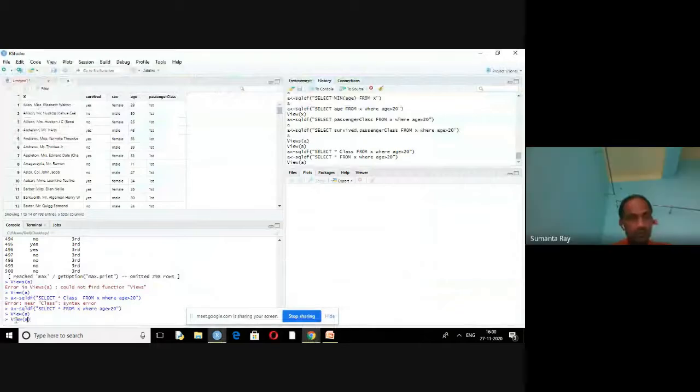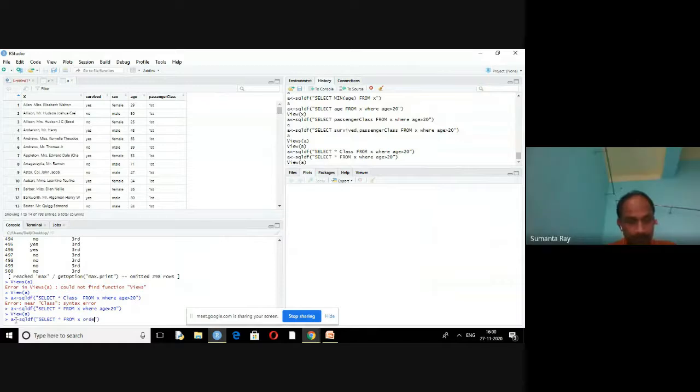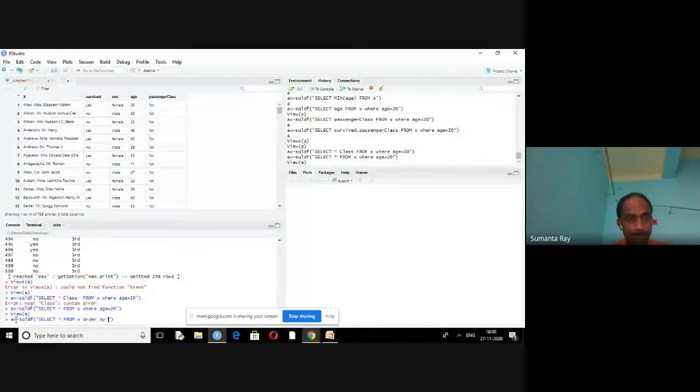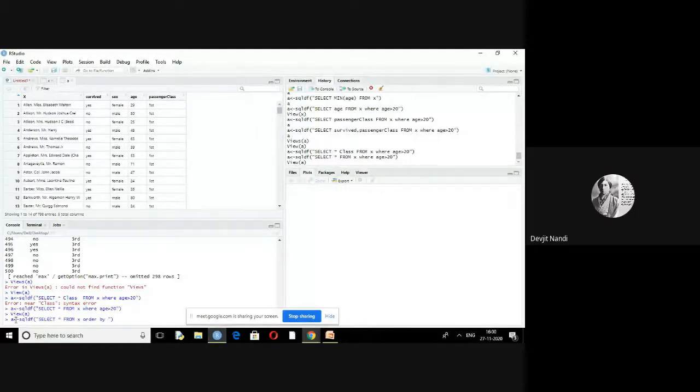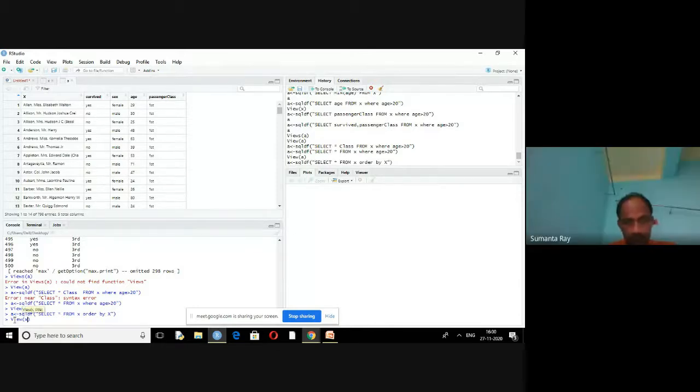Suppose you write one query, that is select star from X, order by X. Here capital X is the column name.